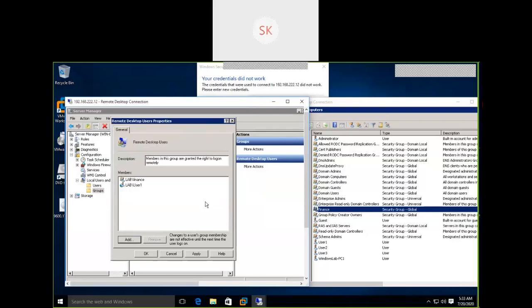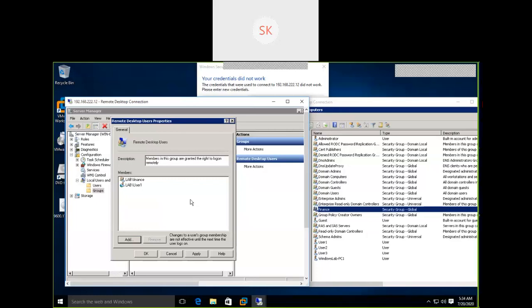See here, you should understand. For the user added previously, see the symbol representation here: lab user 1 is representing a single user. The icon is different compared to the user group. Okay. Lab/finance. Am I able to log in as lab/finance? No. Whoever is a member of this finance group, those users are able to log in to this particular member server as a remote desktop user. If you want to give administrative privileges, where should I add this group? This user should be a member of the administrators group.